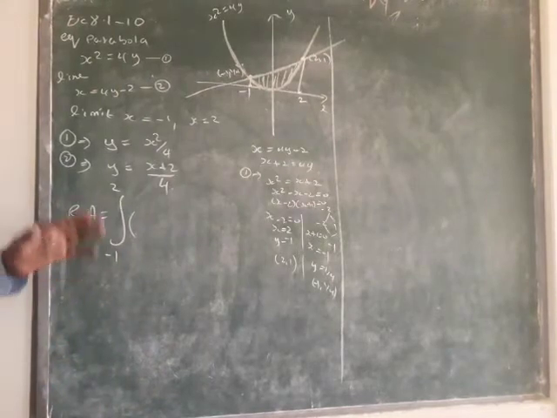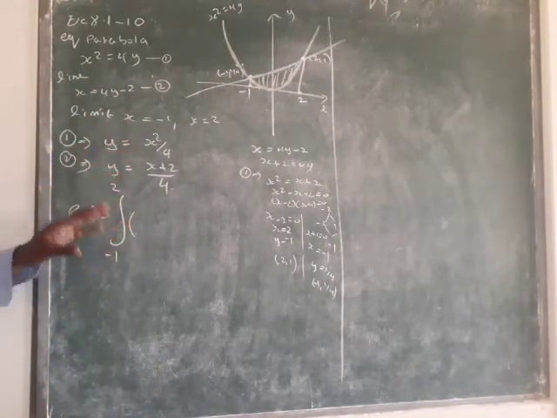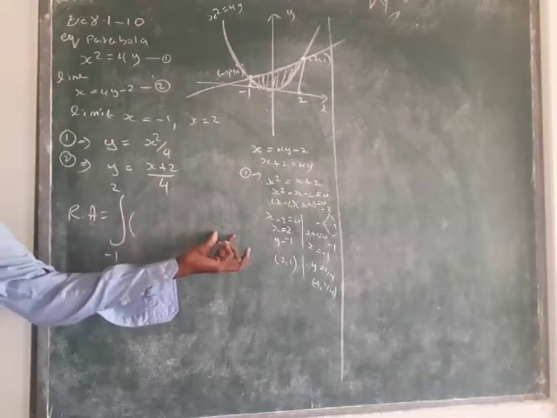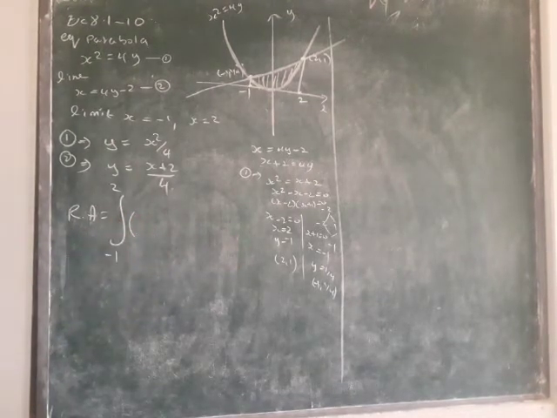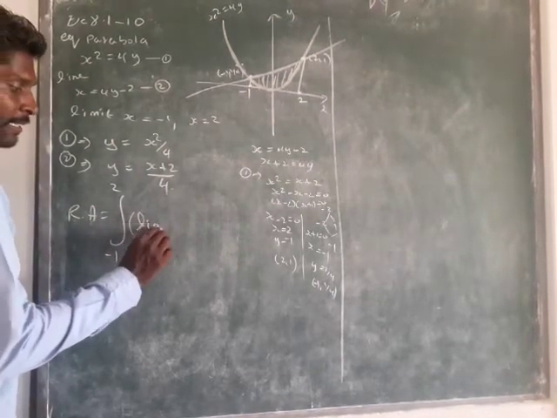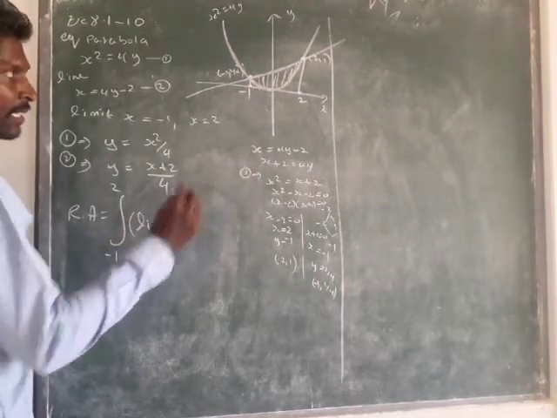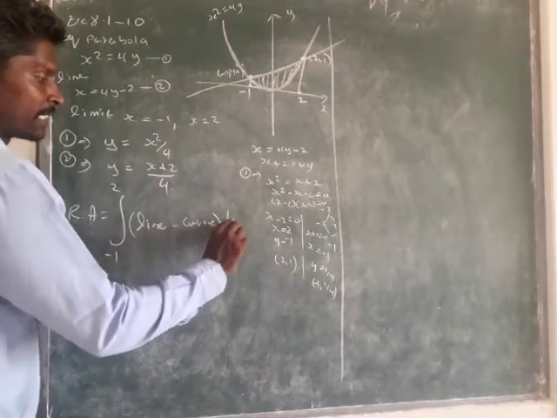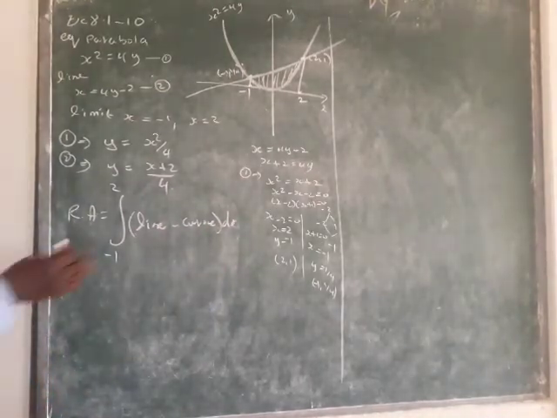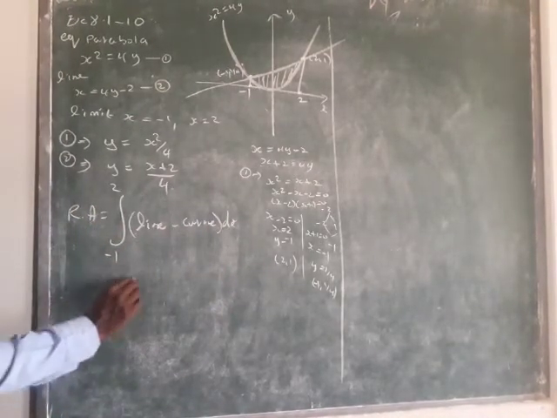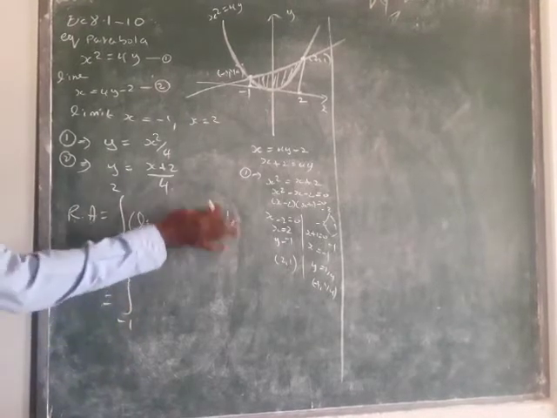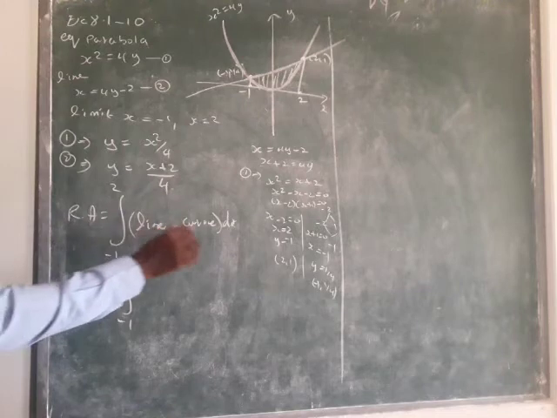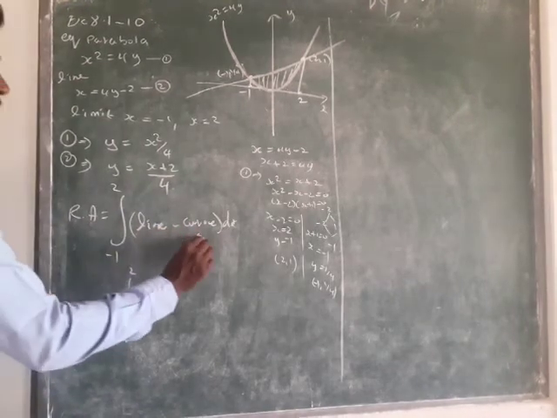So whenever we find the area between the line and curve, we want the equation of the curve above minus the equation of the curve below. So here above is the line. So line minus parabola curve into dx. Okay, simple. So we can write integral of minus 1 to 2, no need to write x on this step.